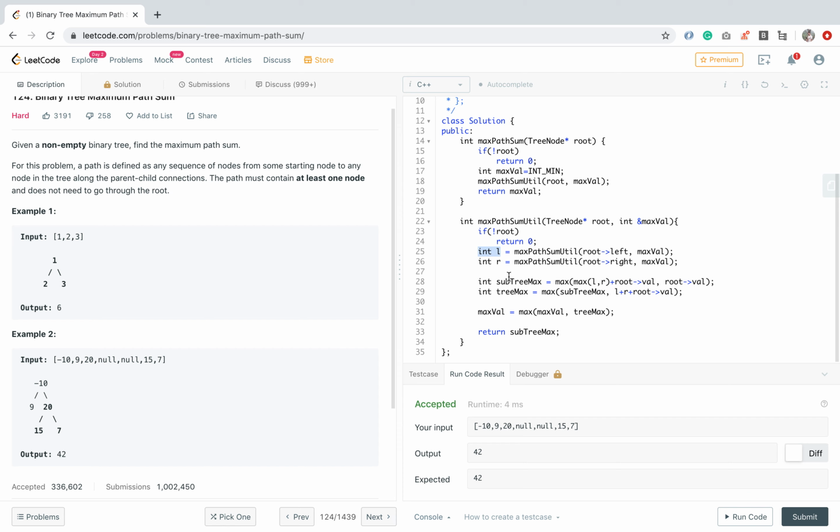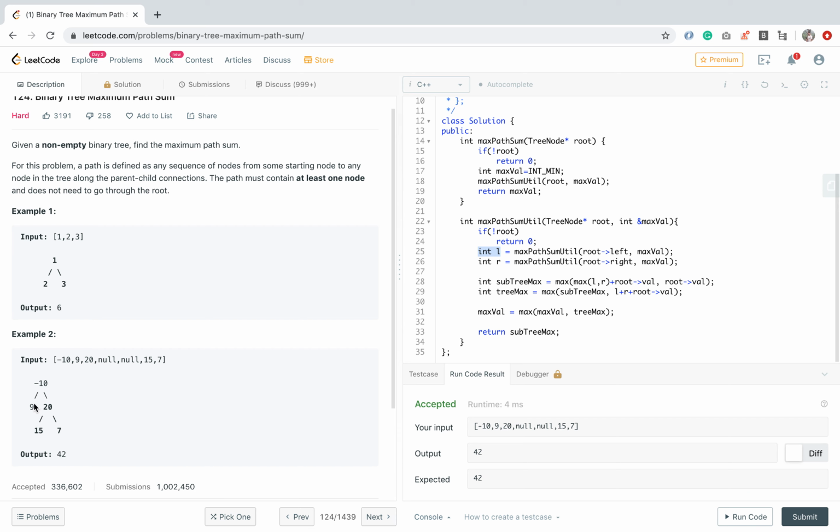And then we are trying to find two things. For returning to the root, we have to consider the subtree max. Subtree max is basically that you consider either this path or this path. So in this way we are considering max of left or right plus root value, or root value.